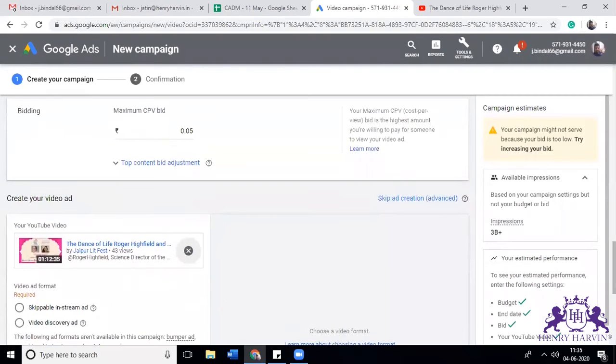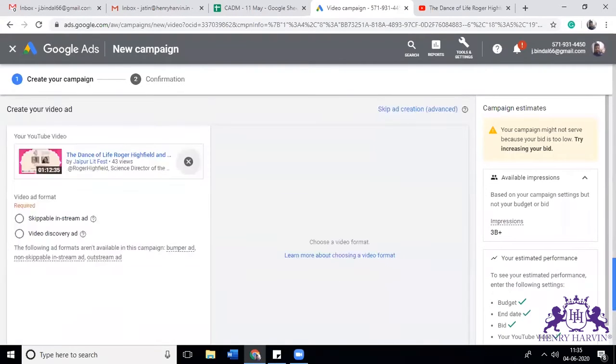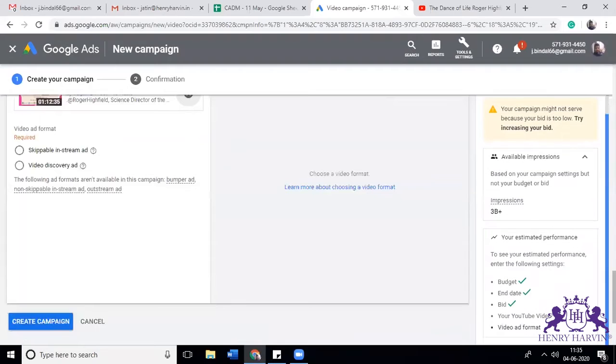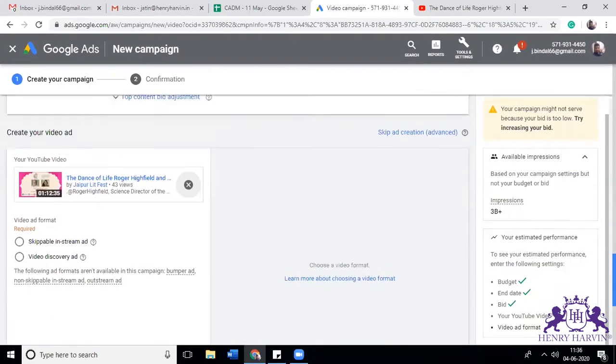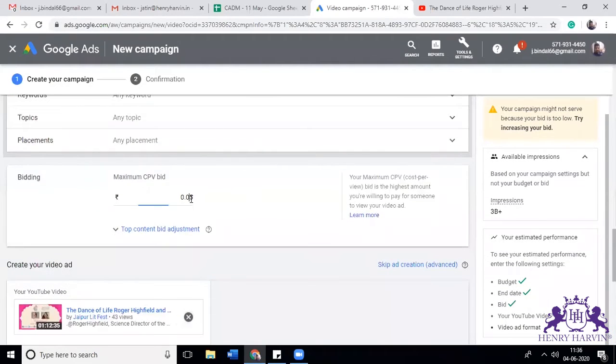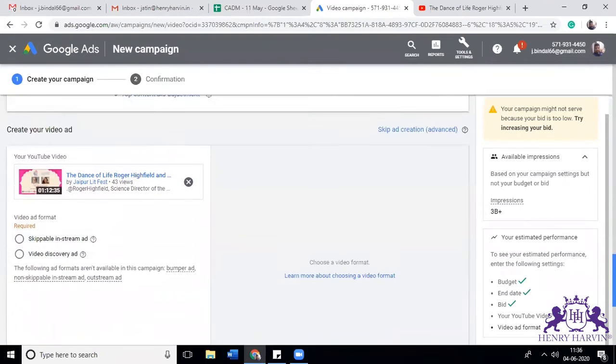Okay. Now it says my bid is low. I have to increase it, so I have increased. Okay, 10 paise still showing. Okay, CPV is fine, 50 paise.